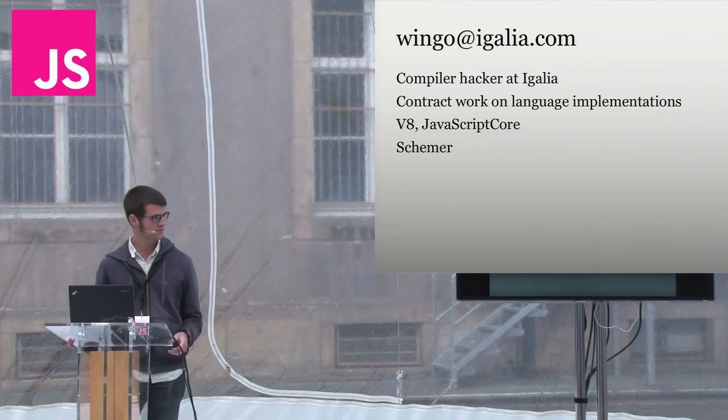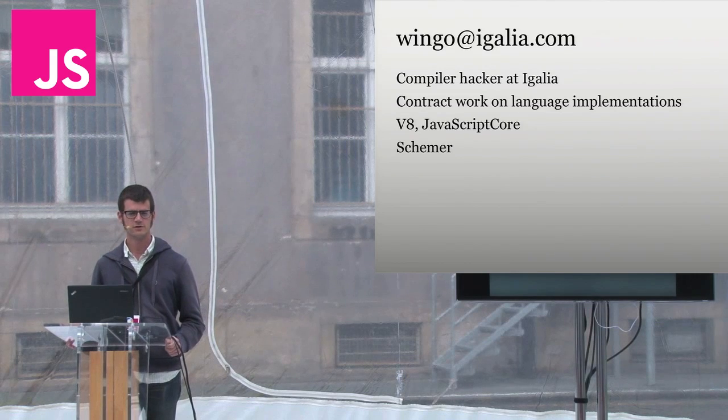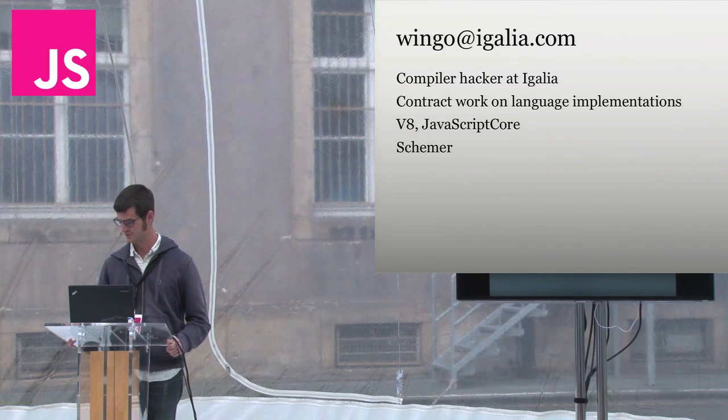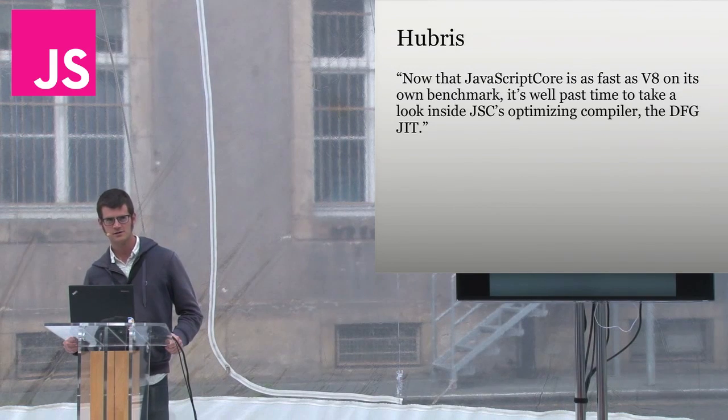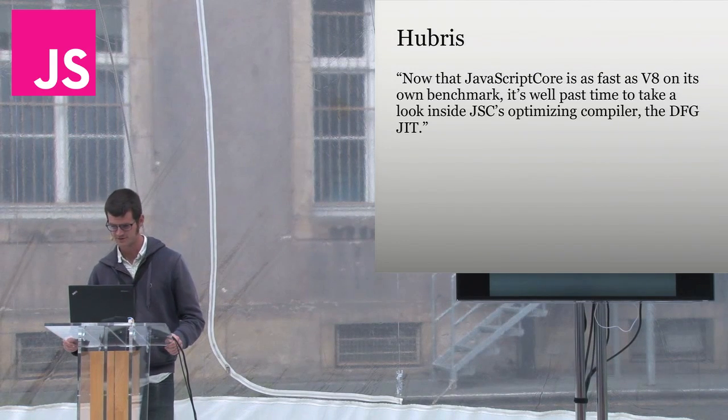I've hacked a bit on V8 before, on JavaScript Core, but in reality, I'm a traveler in foreign lands here, as my heart is from the Scheme language. So it's interesting coming into these implementations from the outside and seeing what's really going on. And the tag for this talk had a bit of hubris associated with it, I think, claiming that JavaScript Core is as fast as V8 on its own benchmark, and as we'll see, that claim has a shape to it, and some of that shape is true, and some of that shape is not quite true